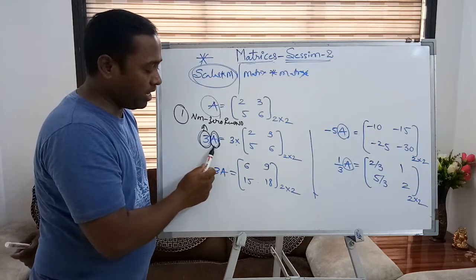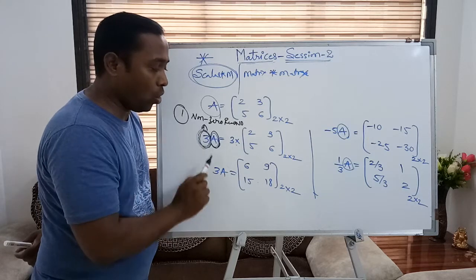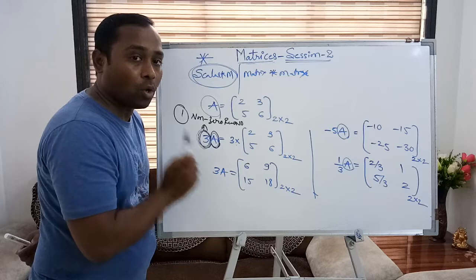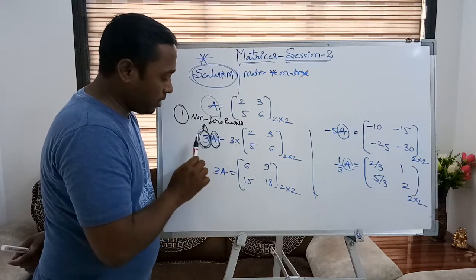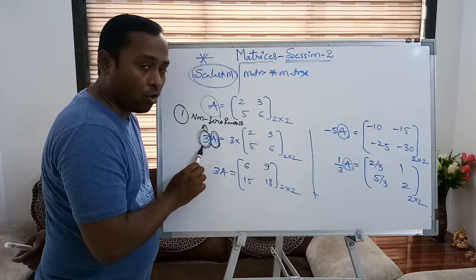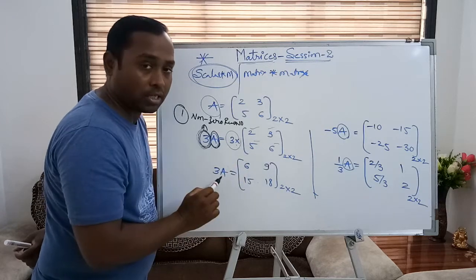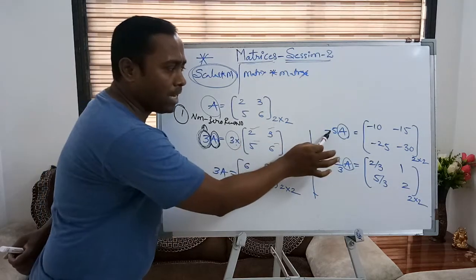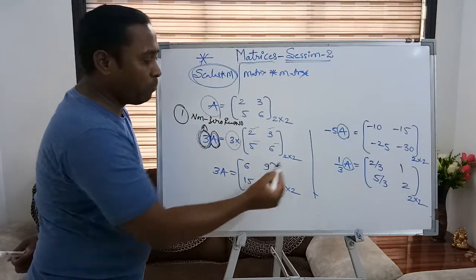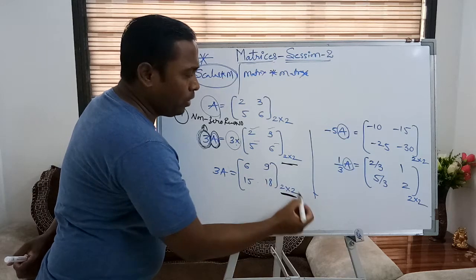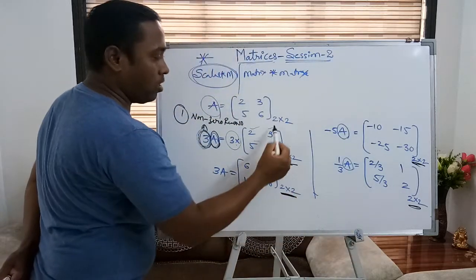That's why when we multiply a matrix, you need to remember that the multiplication is done by a non-zero real number. So that matrix is multiplied by a constant, and each and every entry is multiplied by that constant. Simple. It may be plus, it may be minus, it may be a fraction. It doesn't make any difference. The second important point is that while doing scalar multiplication, the order does not change. You can see the order remains the same.